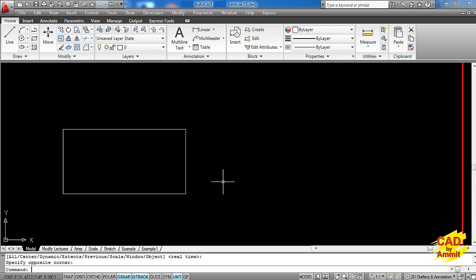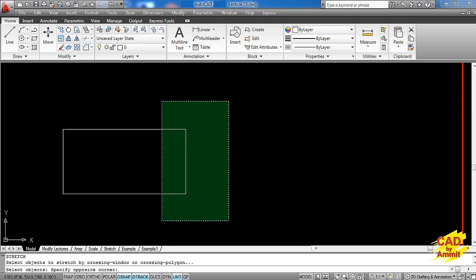Friends, here we have a rectangle having a length of 1000 millimeters by 500 millimeters, and I want to increase its length by 500 millimeters. That means I want to make its final length 1500 millimeters. I'll go for the stretch command by typing S. We'll select both of these vertex points using a crossing window.